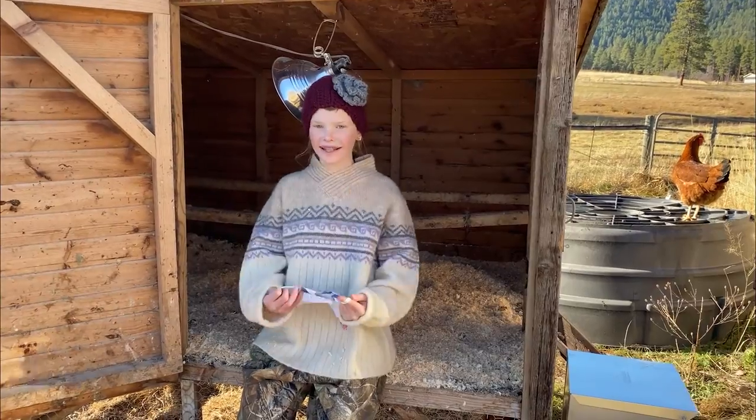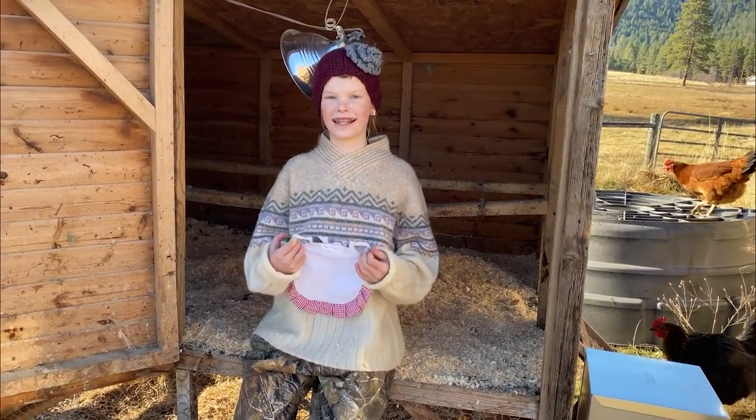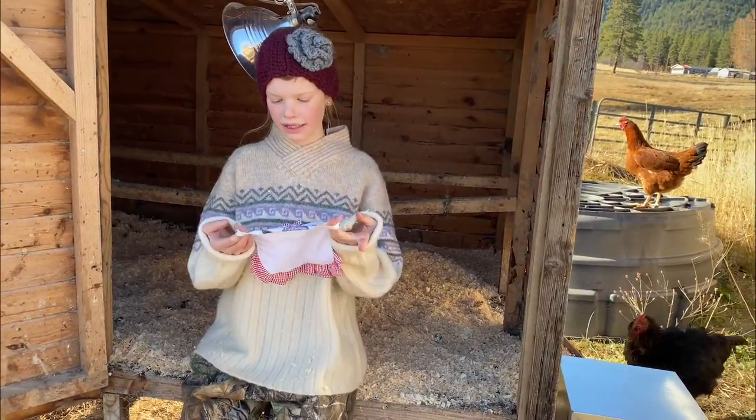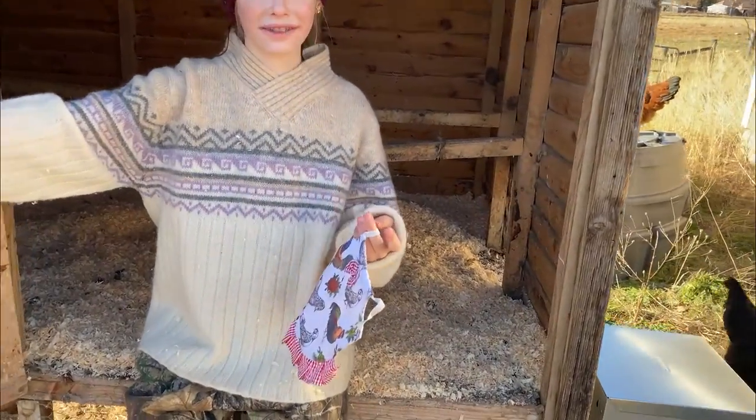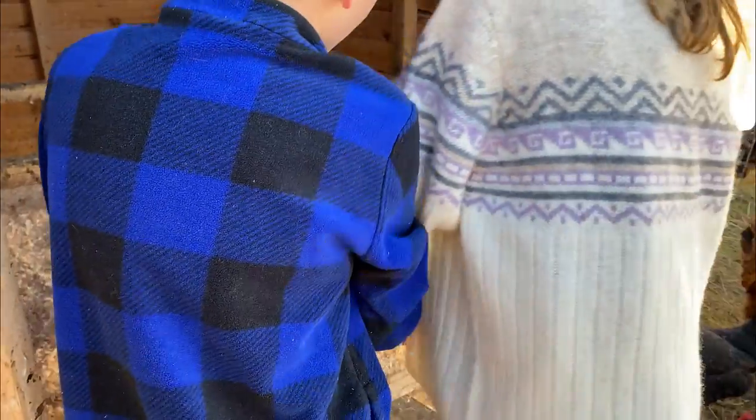So this is really unnecessary, because your chickens can keep themselves warm, but we're gonna try and put this little coat on them and see what they look like. Oh, she's not gonna stand still. She's not gonna stand